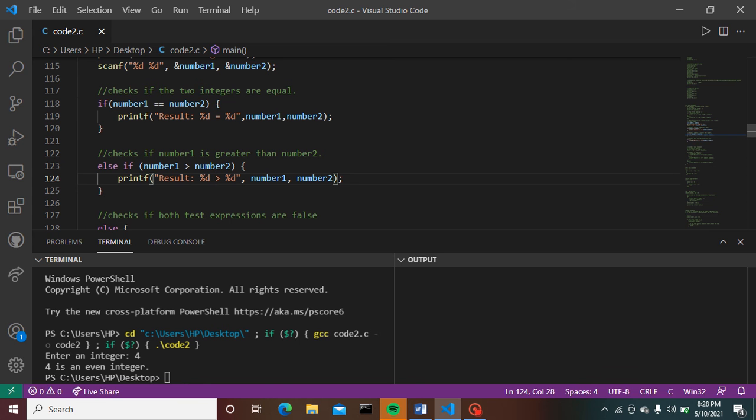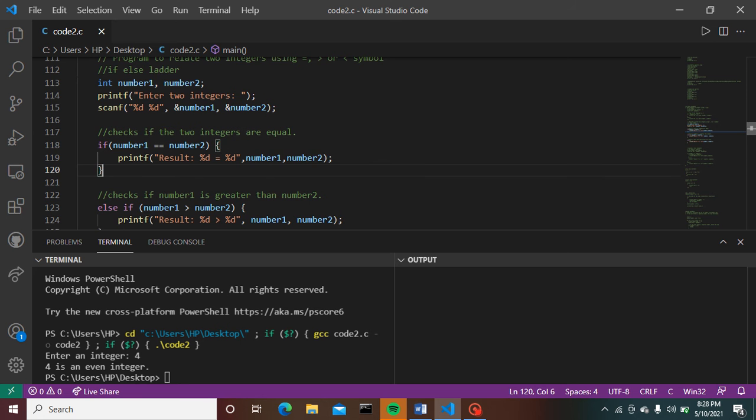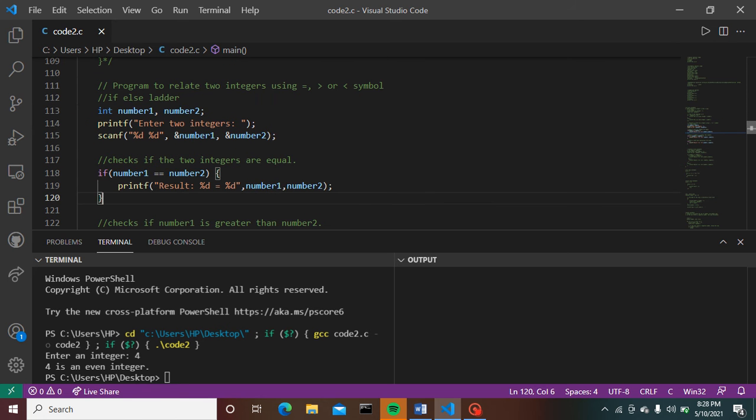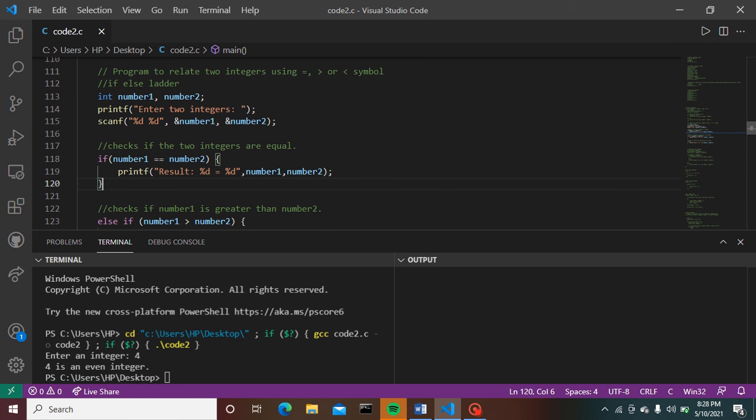What does this expression mean? This is an example of an if else statement providing three different conditions in the same code.